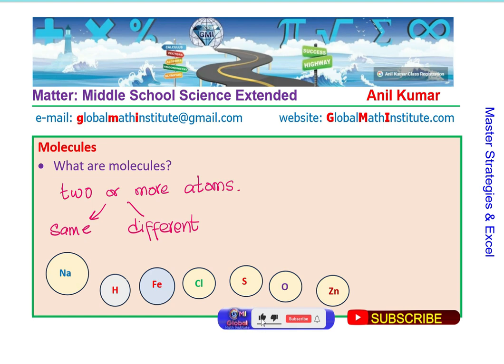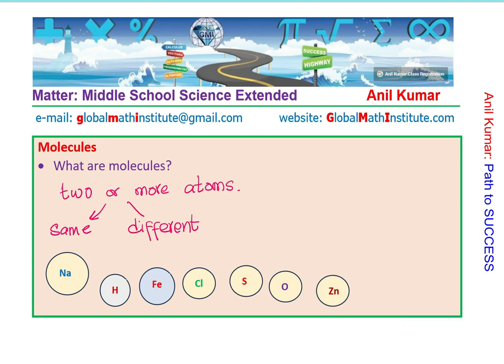So these atoms could be of same type or different type. When I say same or different, we are concerned about the atomic number which signifies the characteristic of that particular atom. Now when I say same elements, then you think about atoms like hydrogen combining together to form molecule of H2,